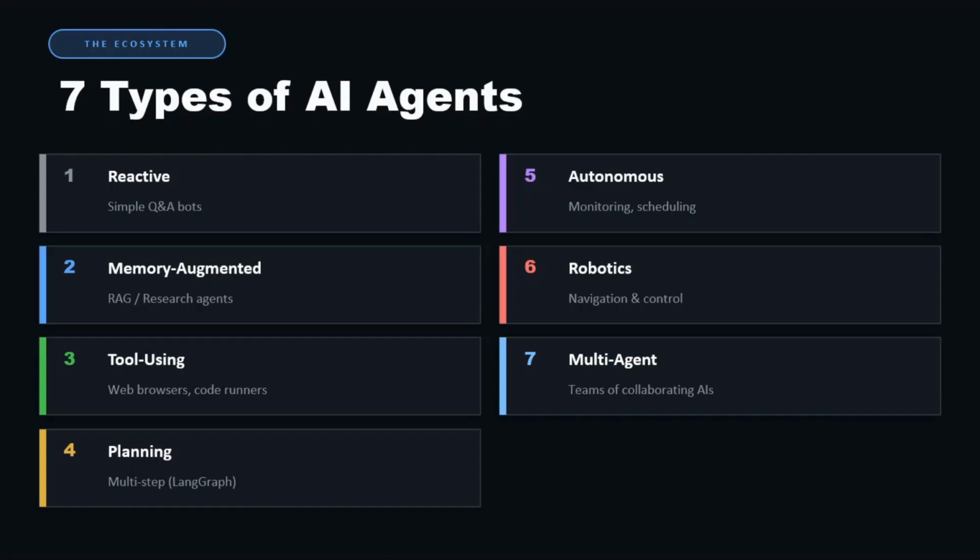Planning agents, capable of multi-step reasoning, often built with frameworks like LangGraph. Autonomous agents, which monitor, schedule, or operate continuously. Robotics agents, interacting with the physical world. And multi-agent systems, where teams of agents collaborate to solve complex problems. These categories help us understand the wide range of agent capabilities.